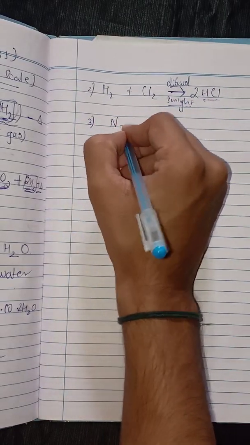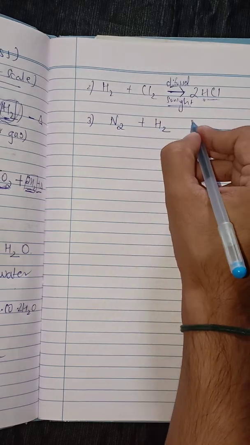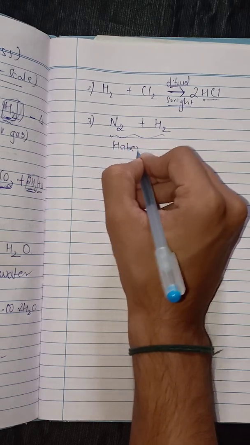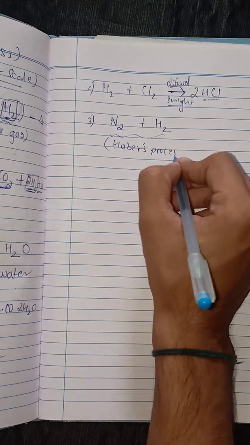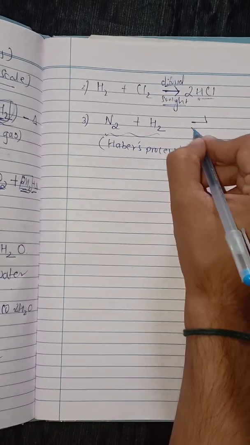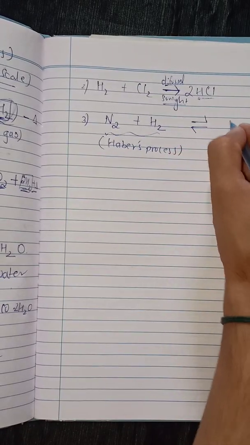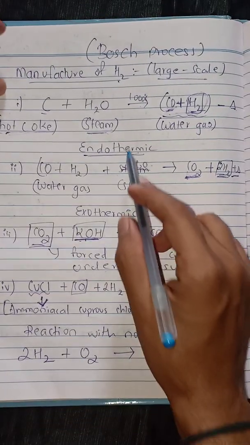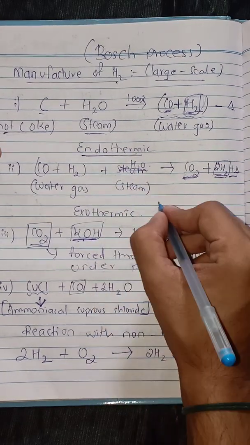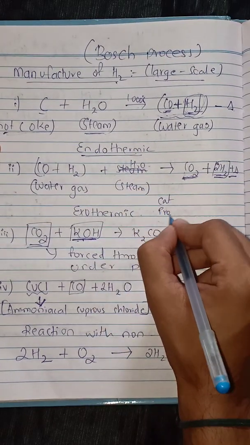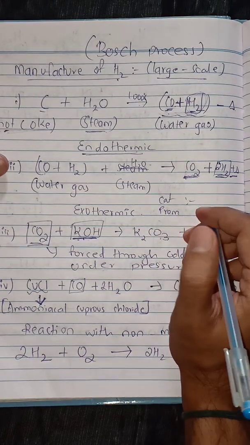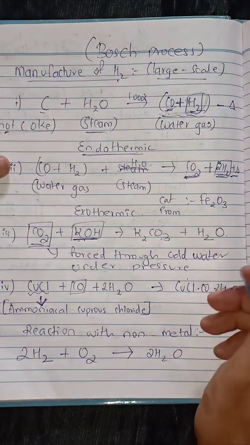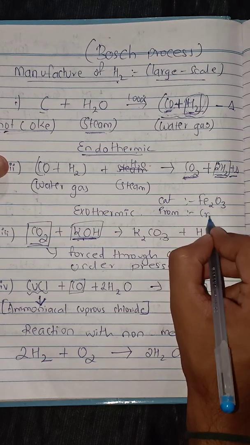Third, if I am going to take nitrogen and make it react, which is called the Haber's process also, and this is a very important one. They might ask you, this is a reversible reaction, and ammonia gas is formed. Students, here you have to write the name of the catalyst and the promoter also. Okay, the name of the catalyst is Fe2O3, that is ferric oxide, and the name of the promoter is chromium oxide.